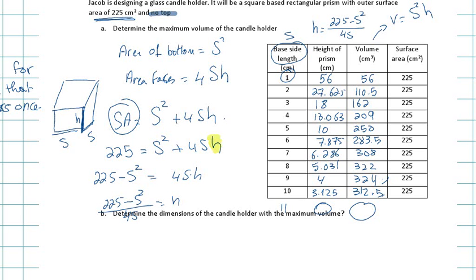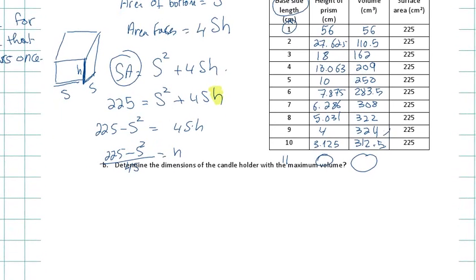So if you want to solve this question, what would be the dimensions that would give you the maximum volume? Dimensions. 9 by 9 by 4. So this right here is the one that gives you the maximum volume. You look at the other volumes, they are all lower than this value, correct? So the dimensions that will give you the maximum volume